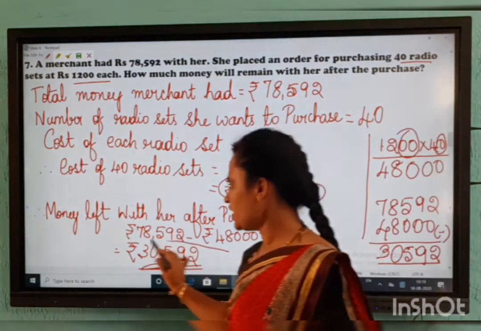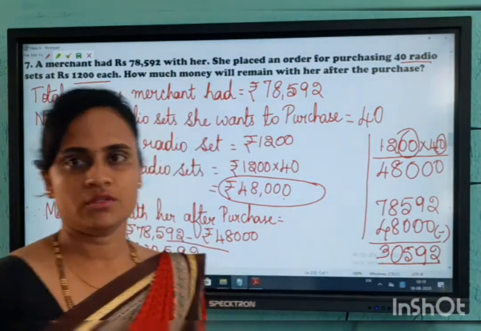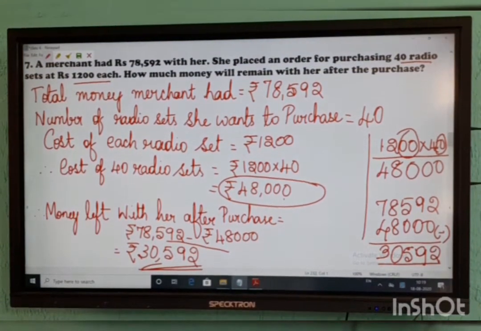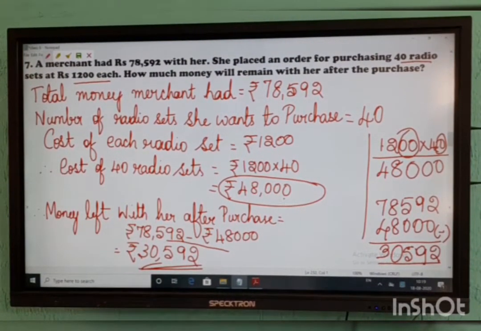So the answer you will get, that will be the money left with her. Got it, children? Clear? Yeah. Next problem is